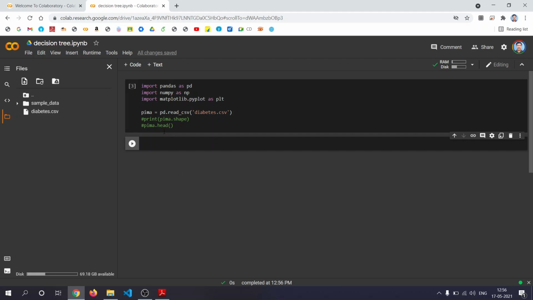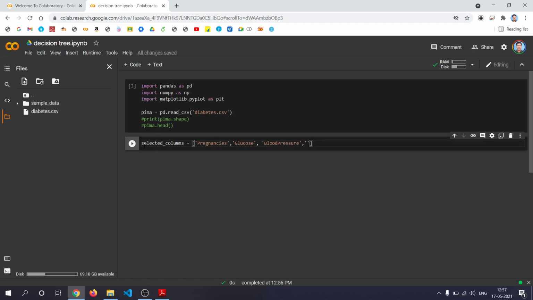First of all, let's write selected columns. Selected columns equal to pregnancies, glucose, blood pressure, BMI, insulin, age, diabetes pedigree function.